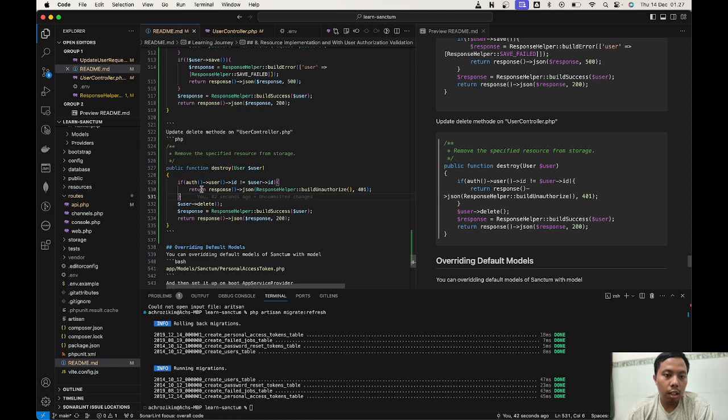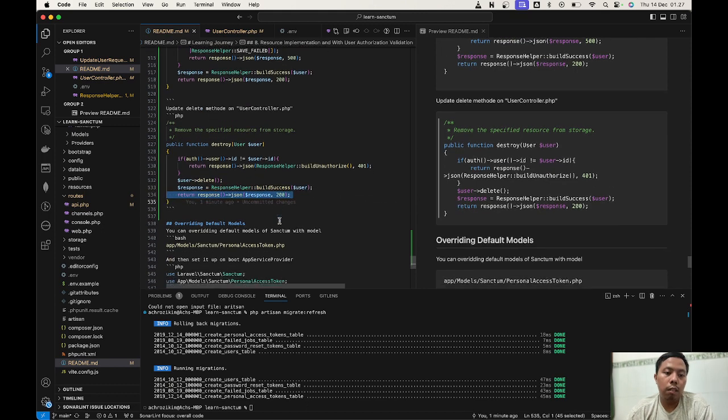And if the user ID that is logged in is the same as the user ID that will be deleted, it will skip this and go to this. It will delete and then respond with a success response with the user that was deleted, something like that.